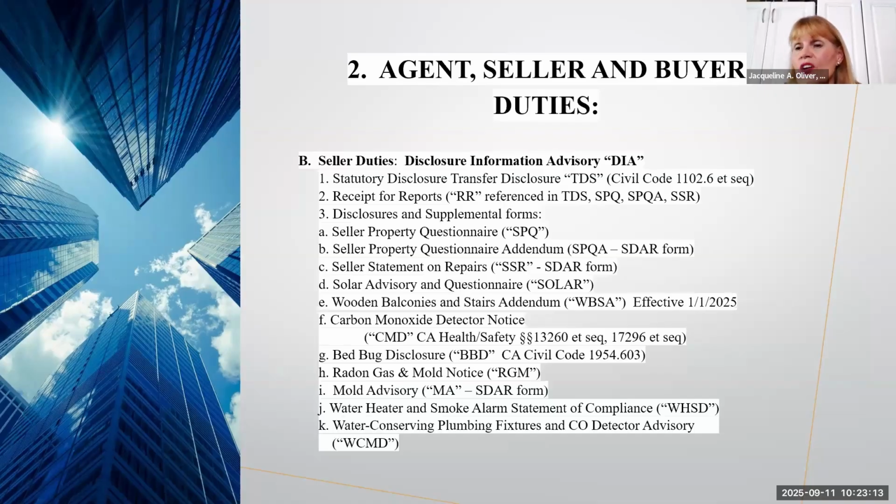So it could be for anything. It could be a seller getting a drain inspection after a backup, or I've actually seen where a concrete septic tank caved in and had to be completely replaced. So they now have a new septic tank with triple the volume. If that's been done and they had permits on that, the seller needs to give all of that to the buyer. So with the receipt for reports, remember, it's not all inclusive. You can put other reports.